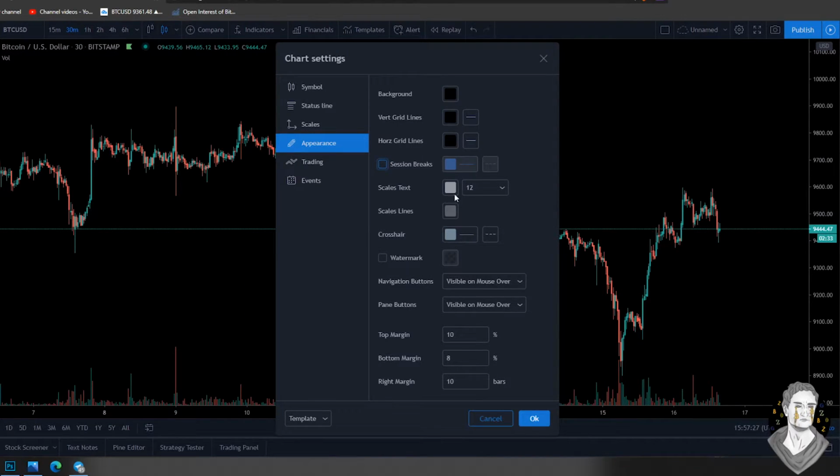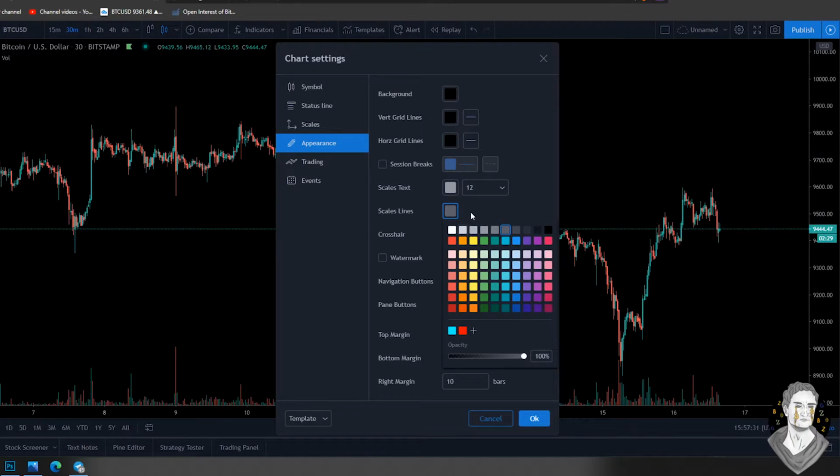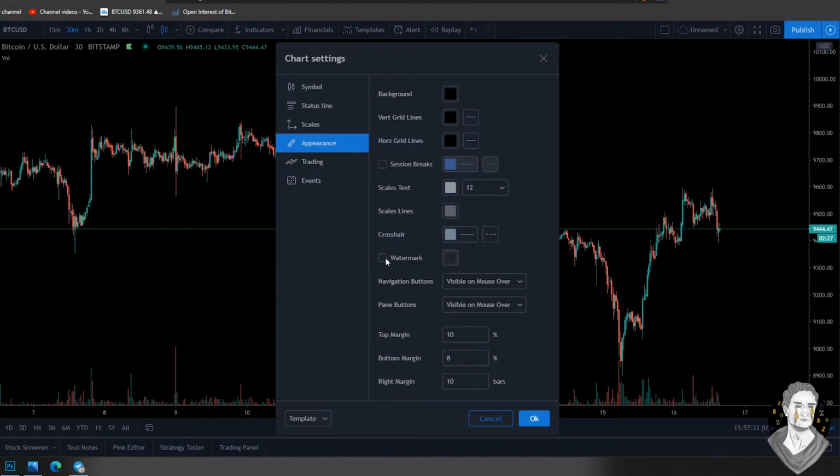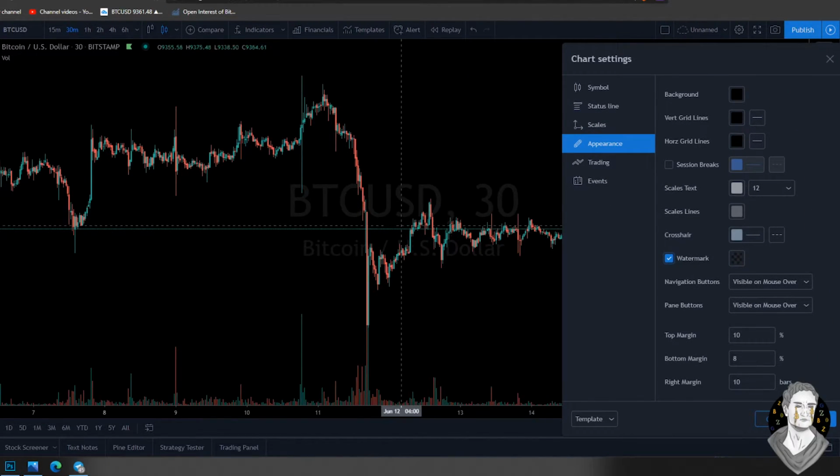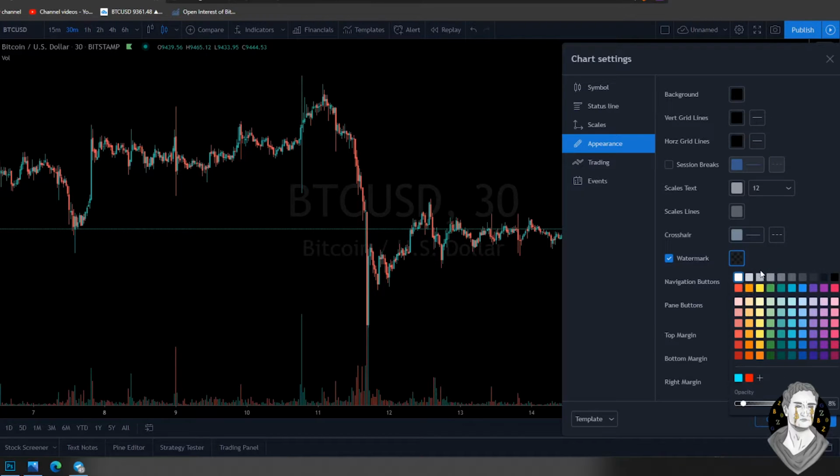I don't add those. And a lot of these things I just don't touch, right? But you guys can go ahead and change anything that you want. There is something very cool that they do, which is your watermark, which basically shows you BTC USD, what chart you're on, what time frame you're on, so 30 minute, and Bitcoin / US dollar. So maybe I'm on Ethereum / Bitcoin pairing, right? So you can add your watermark there, so you're always aware of what chart you're on,